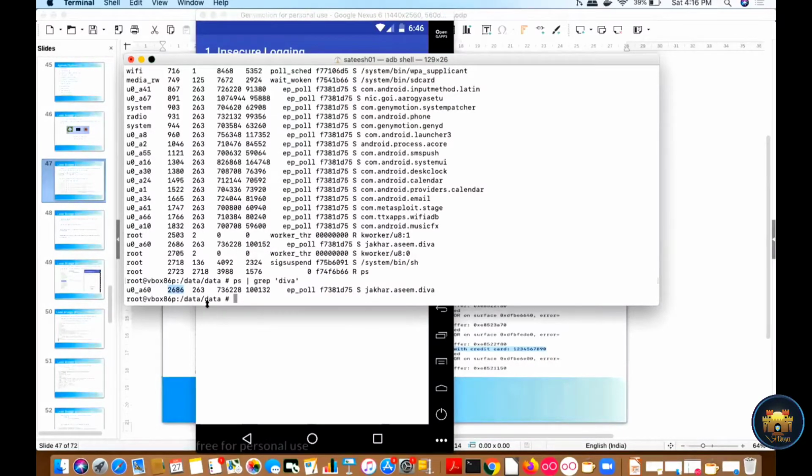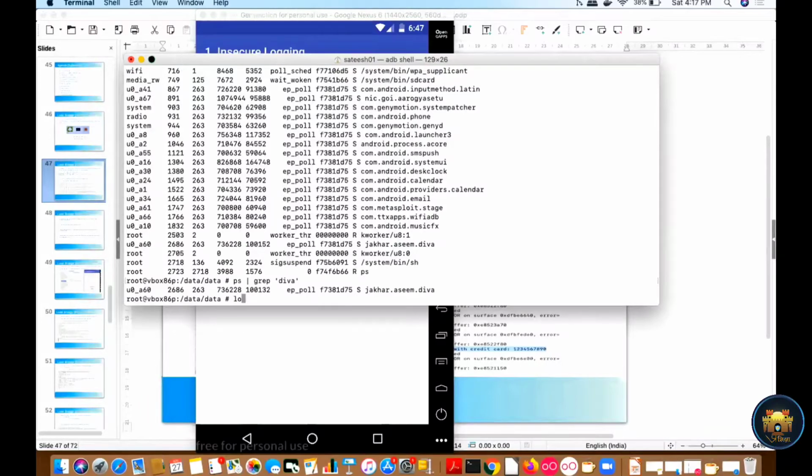So we can copy that particular process ID and check the adb logcat command. We can check from here only. Either you can open another terminal, or you can execute it from the same terminal. So I am just trying to execute it from here only.